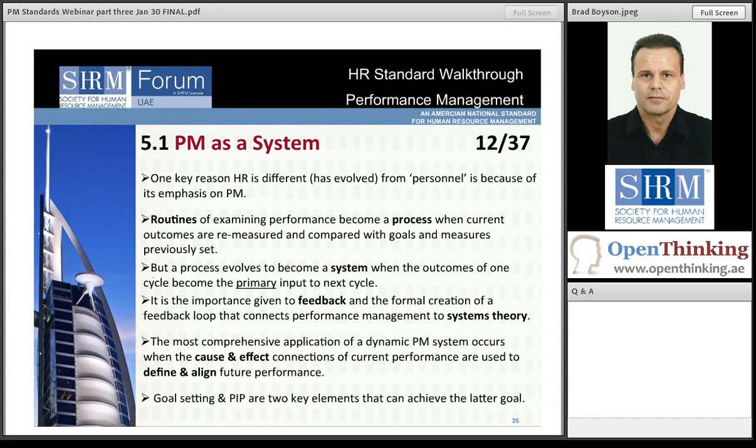Routines of examining performance become a process when current outcomes are remeasured and compared with the goals and measures previously set. But a process evolves to become a system when the outcomes of one cycle become the primary input to the next cycle. It is the importance given to feedback and the formal creation of a feedback loop